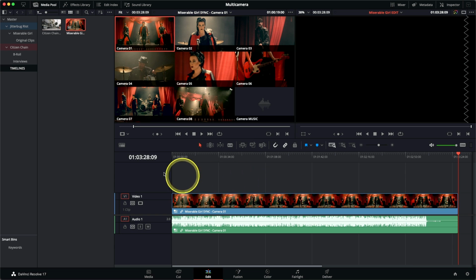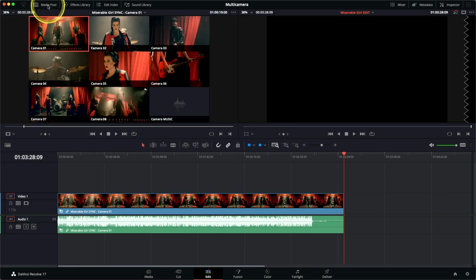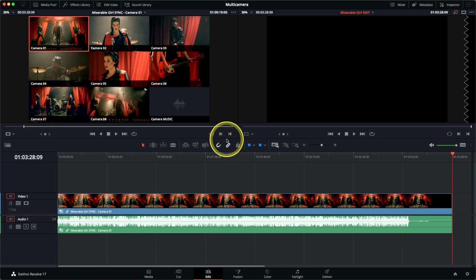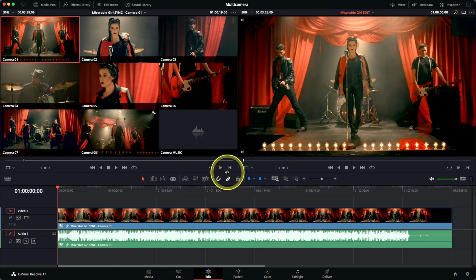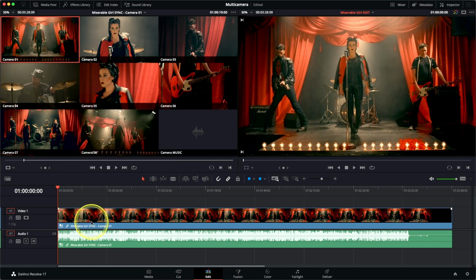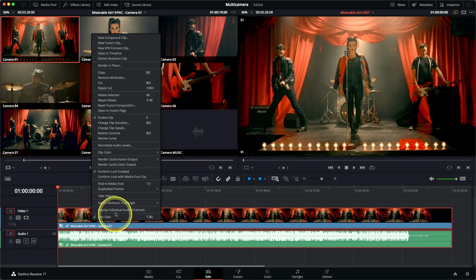And now I'm just going to hide the media pool again, just to give me plenty of room in the interface to concentrate on this clip, and move the playhead back to the beginning. So the first thing I want to do is choose the starting angle and also the audio angle that I want to work with. And we can do that the same way that we chose the different video angles in the interview exercise previously. In the timeline, I'm just going to right click the picture and choose Switch Multicam Clip Angle, and then